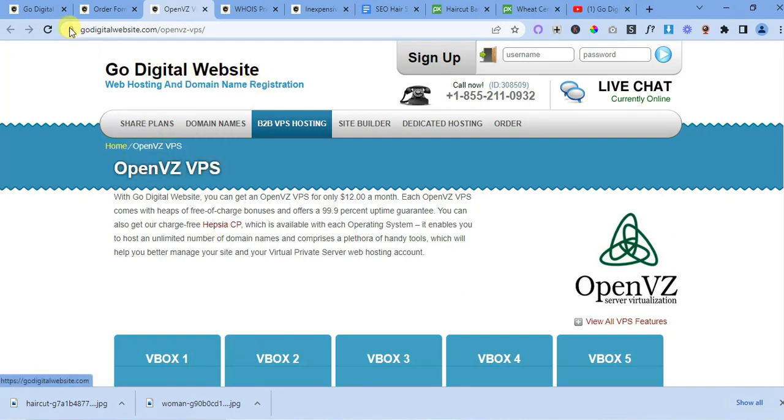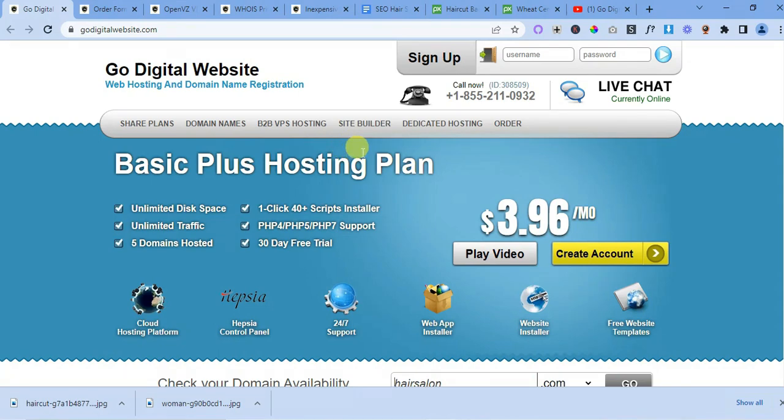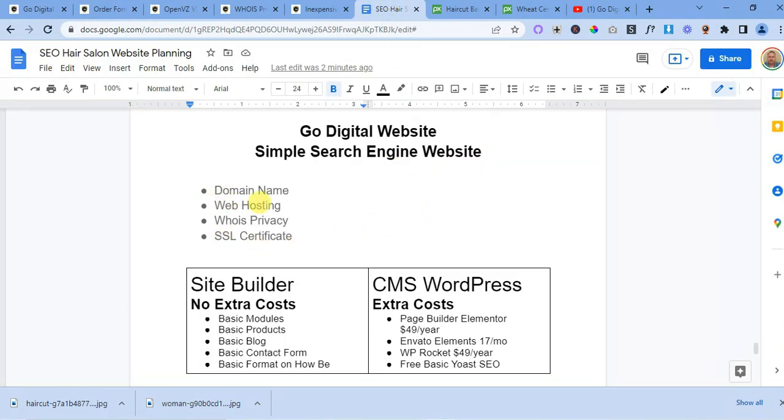And let's go here to the explain. So right here at Go Digital website, let's go back here. You have to get the domain name, web hosting, whois privacy, SSL certificate, and then you can get started with the site builder with no extra cost. What you are going to be doing here is a simple